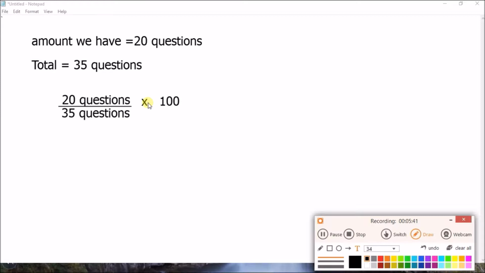So, 20 questions divided by 35 questions. So what we have, what we got, divided by the total, multiplied by 100, and then we're going to have the equal sign. But let's run through how to put that into the calculator so that it comes out right,